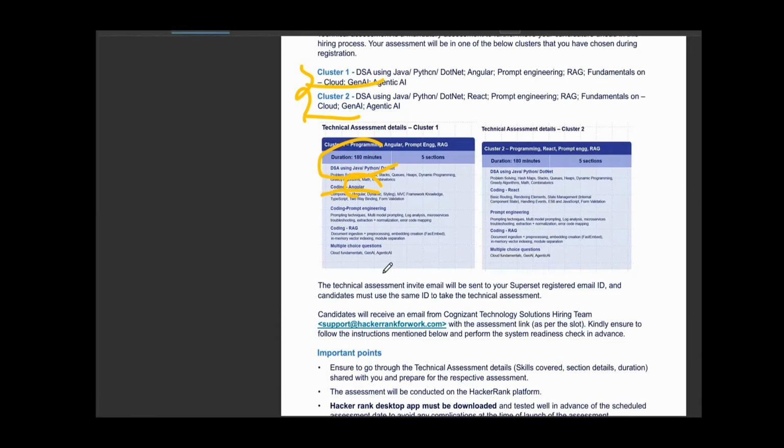RAG coding, scenario based, which is 45 minutes. The skills include retrieval concepts, embedding understanding, data flow logic. Okay, and prompt engineering coding, scenario based, which is also 45 minutes. Skills include writing effective prompts, handling outputs, AI workflow thinking,